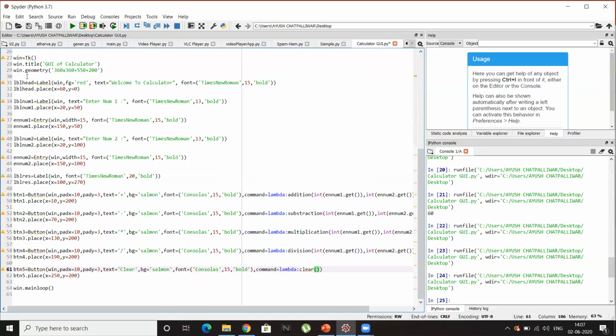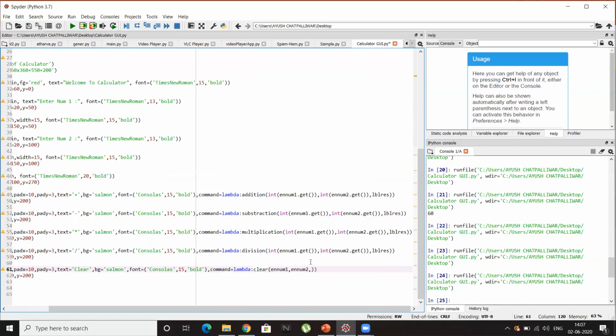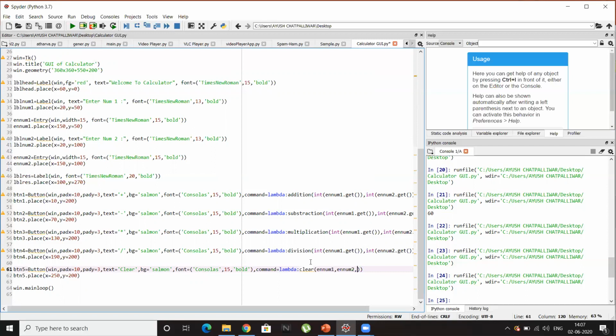The object of the first entry box is en num1, comma, and the object of the second entry box is en num2. We will also need the result label, so that we can remove the existing answer. So LBL RES, the result label LBL RES. Okay, I think it's perfect.